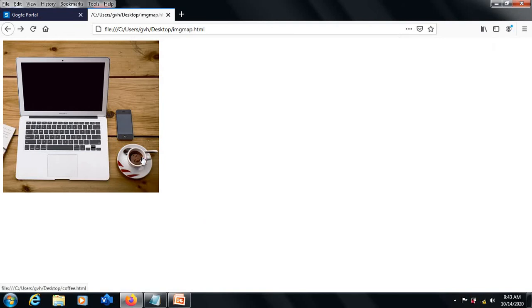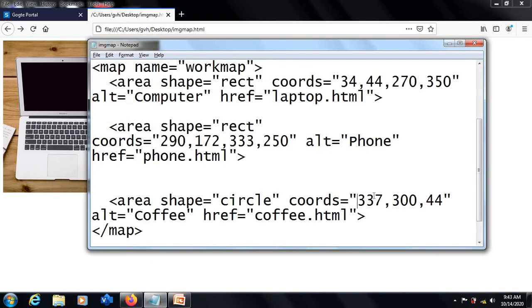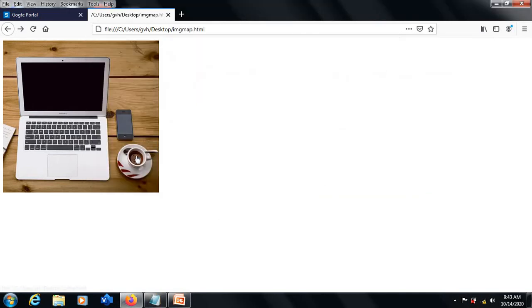You will have to identify the apex center of the circle. How can we identify it? Again from left and from top. What I have done here is the 337th pixel from left and the 300th pixel from top reaches the apex center of this image, that is the cup of coffee.